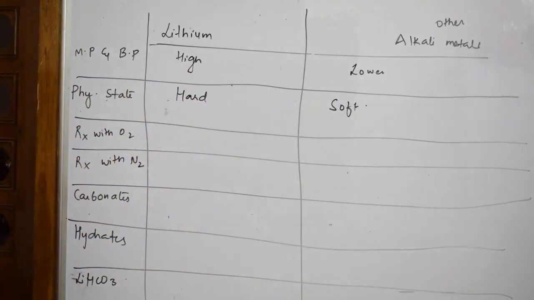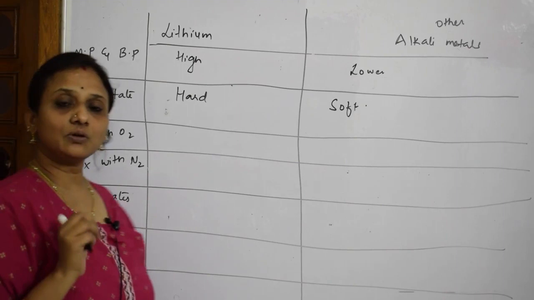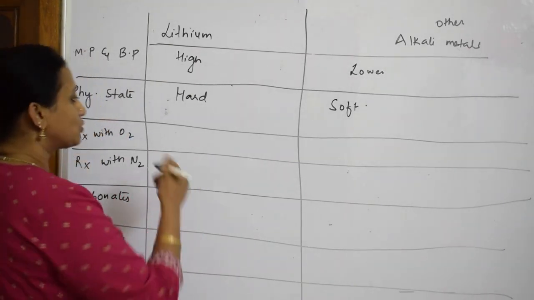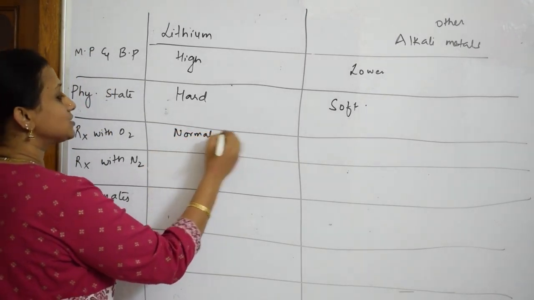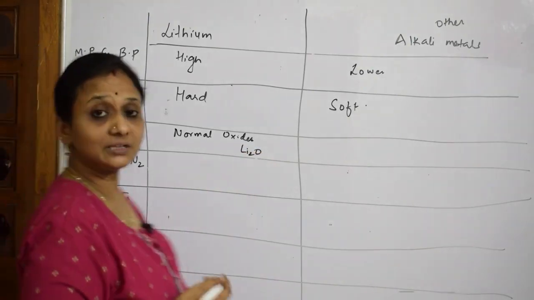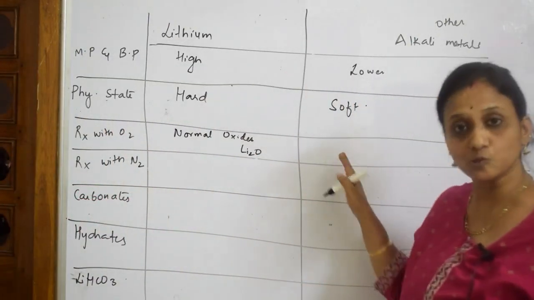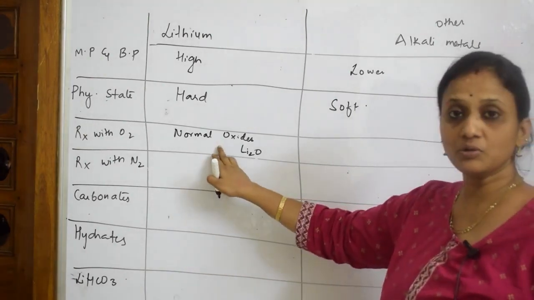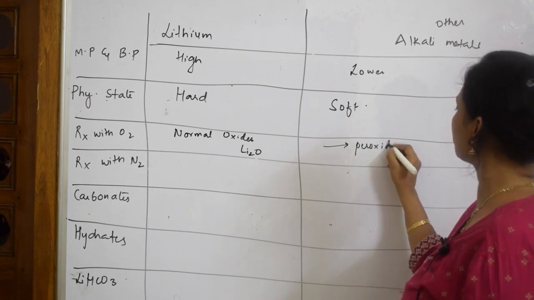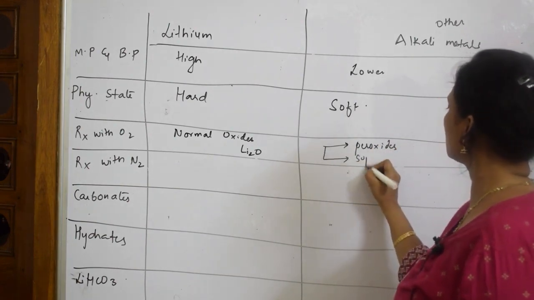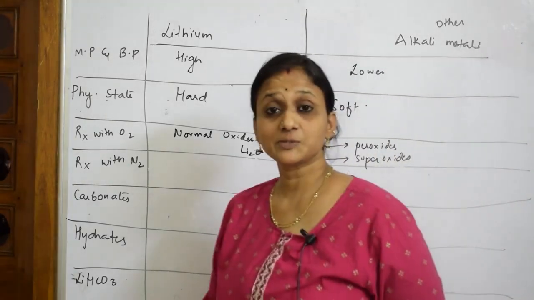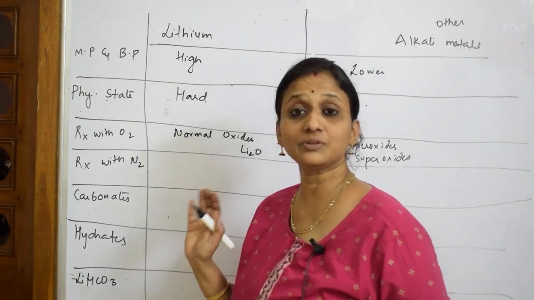Now, reaction with oxygen. Lithium reacts with oxygen to form a normal oxide, Li2O. When it comes to other alkali metals, they also react with oxygen, but other than the normal oxides, they form peroxides and superoxides. Now when I speak about the nitrogen reaction, lithium specifically reacts with nitrogen to